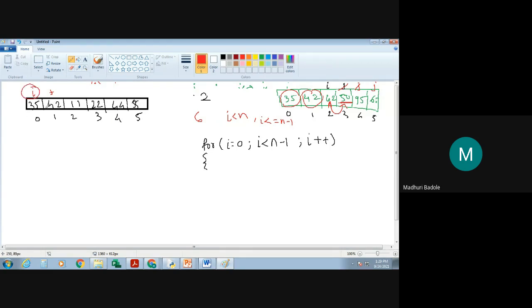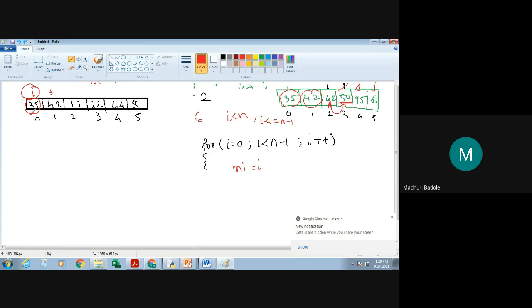So by default, I'm considering that the minimum element is the 35, that is, the minimum element is present at the ith index. So initially, after applying the for loop, I'm appointing i as the minimum index.